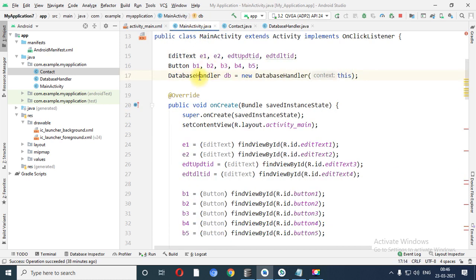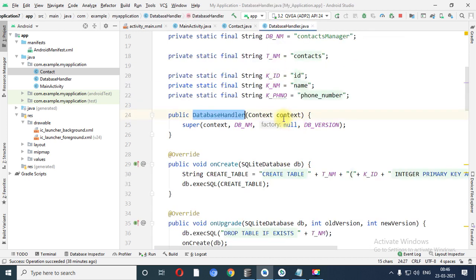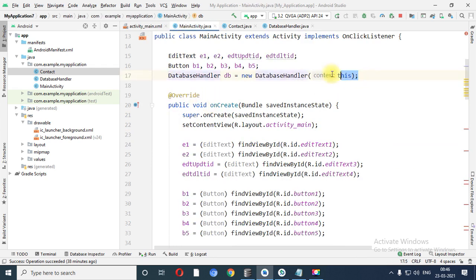In the main activity, database handler is a class and db is the object of that class. When I create an object of this class, at that time the constructor of this class is executed, but we have passed one argument called this, and this is the object of the context class. So see over here, one argument is there regarding context, right? So this particular code is executed when you create an object of the database handler class.